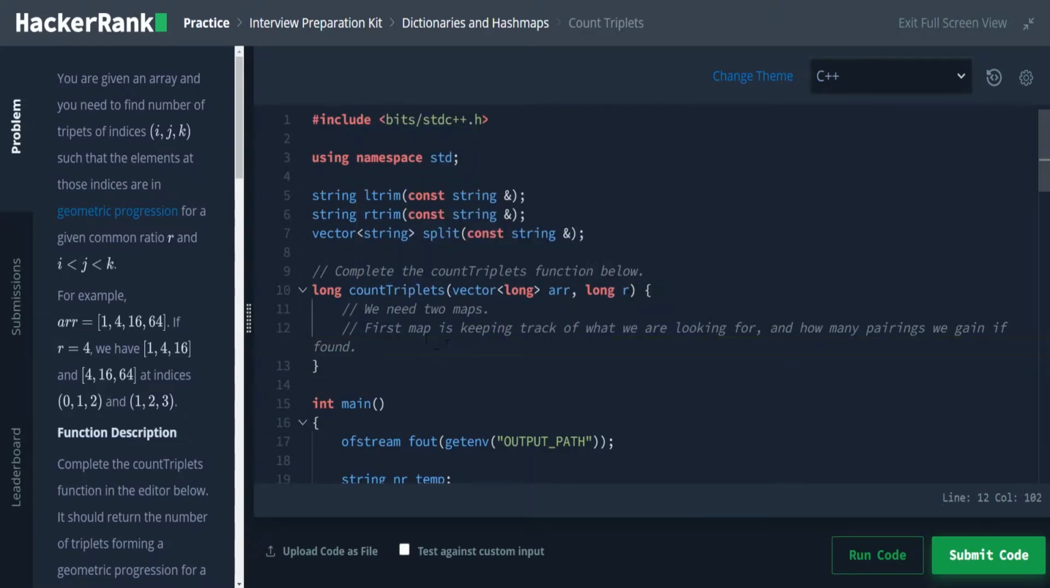Okay, so what I mean by this is we're going to have a seeking map. And this is going to be a map of int to long, where we are seeking a number of pairings. Once we find a number at index i in the array, we are going to look for something that's that value times r, and we're going to set at that position an increment of that key. And then if we ever find this key,